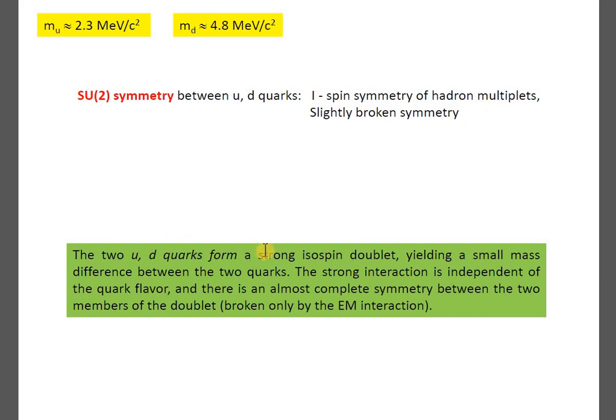These two UD quarks do form a very strong isospin doublet, yielding a small mass difference between the two quarks. And this strong interaction is independent of the quark flavor, and there is an almost complete symmetry between the two members of the doublet, broken only by the EM interaction. Now next